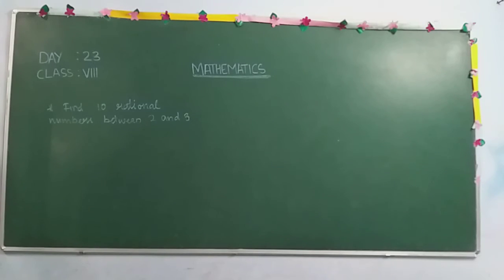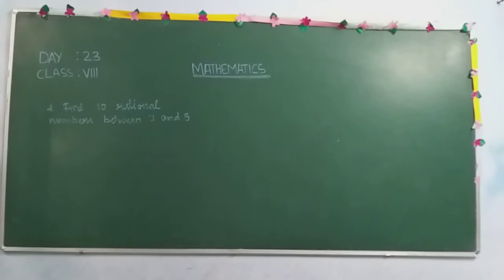to find a natural number between 2 and 3. Why? Because 2 and 3 are successive natural numbers. Between them there is no natural number. But if we are talking about insertion of a rational number between 2 and 3, yes, there is a possibility of inserting a rational number between 2 and 3. That too, we can insert infinite rational numbers between these 2 and 3.